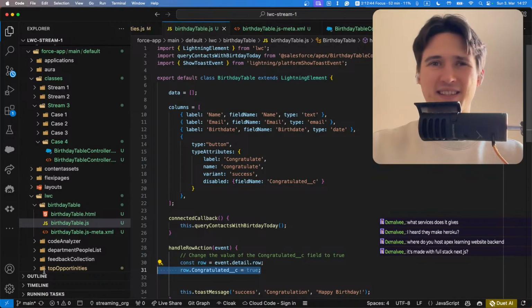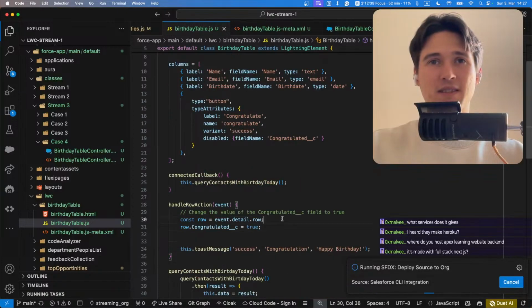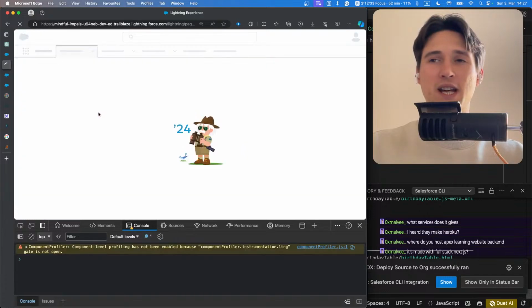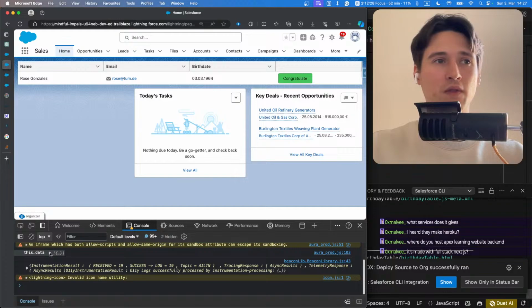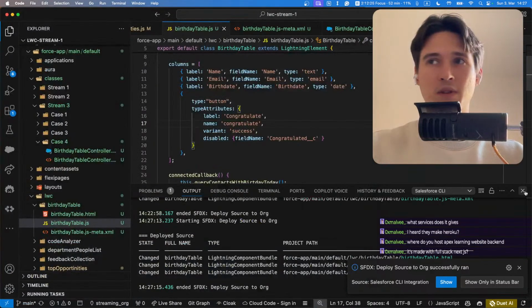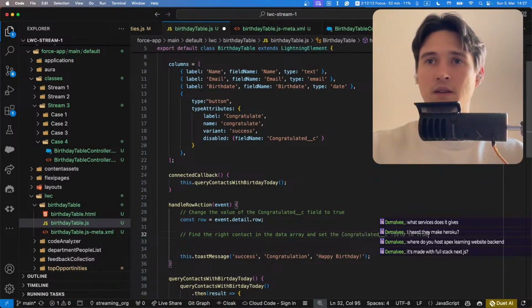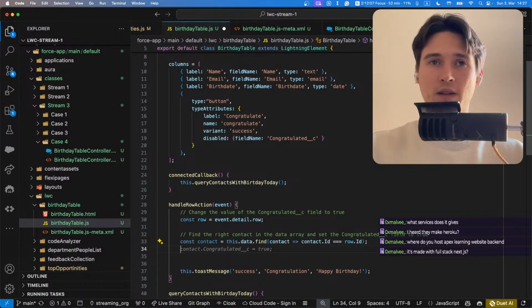Wait, that's definitely not possible, right? No, that's not possible. That's Copilot dreaming. Unfortunately, I wish it was so easy. No, we're gonna have to search for this one, and we're gonna need to find the right contact in the data array and set the grade field to true. Yep, so we find it, and